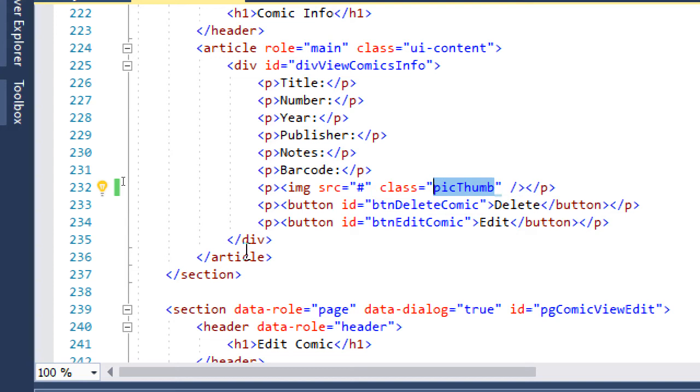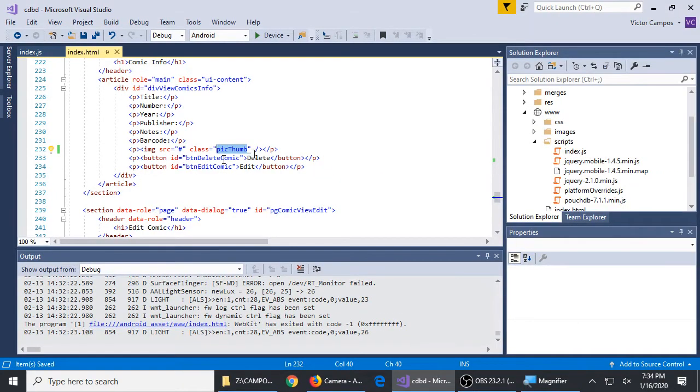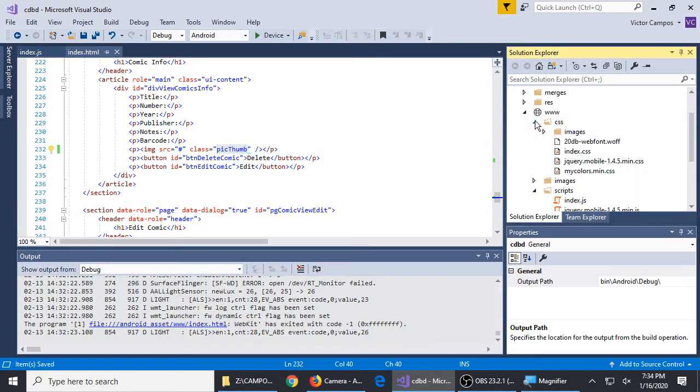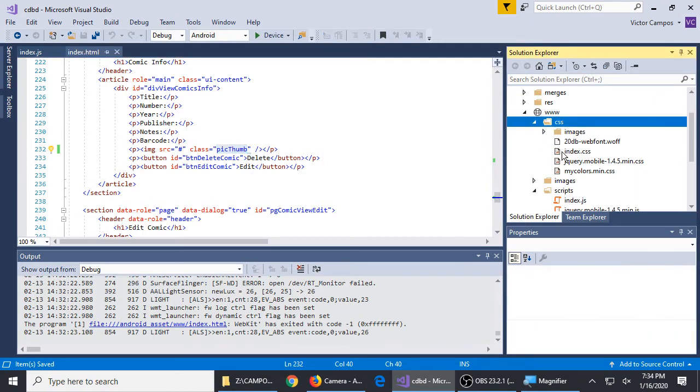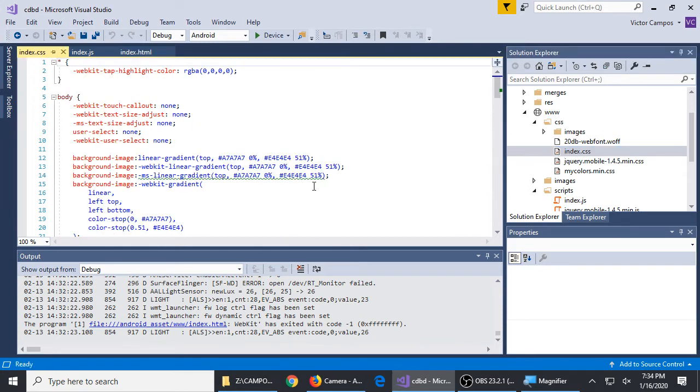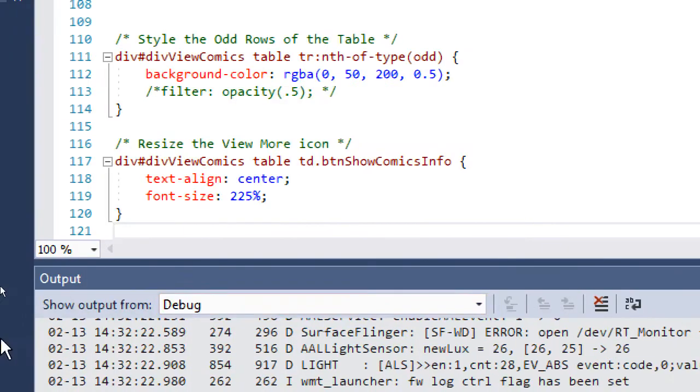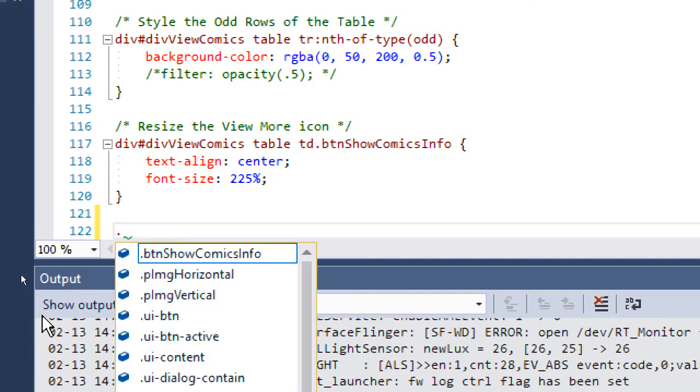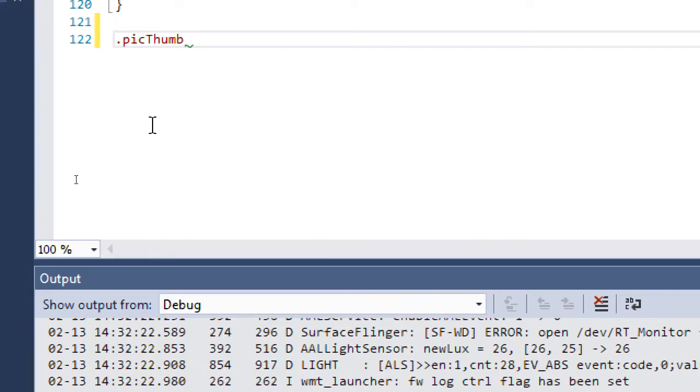This has a class, some name. Let's open up the CSS file. We haven't worked with that one in a little while. In the CSS folder, index.css. We'll go to the end of our code. We have a brand new class to work with